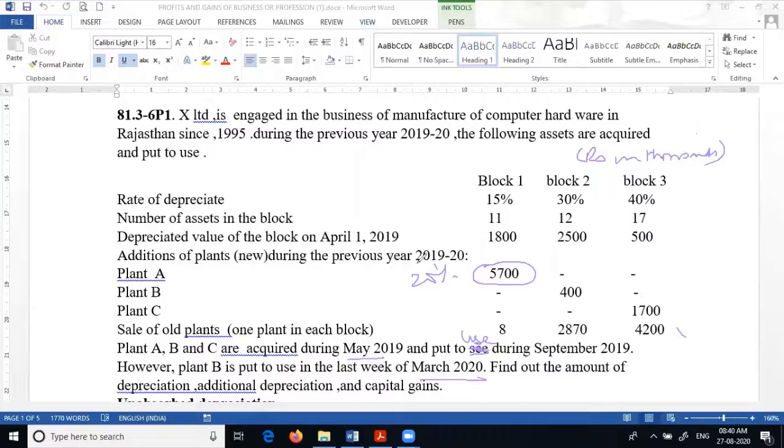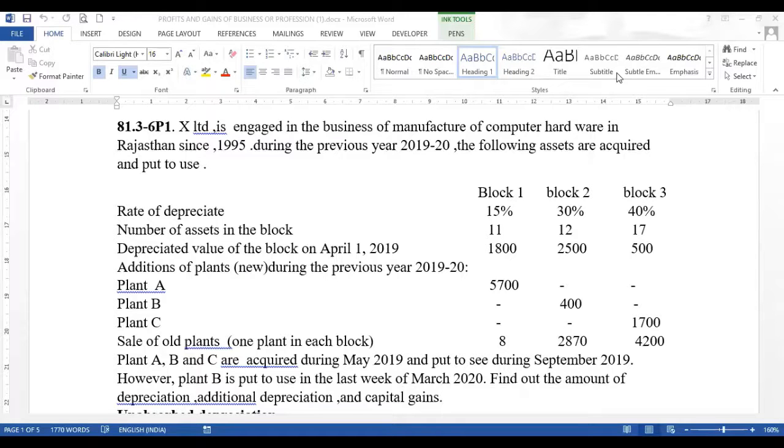What is 57 lakhs into 20%? Can you tell me how much this is? No, you take 57 lakhs in full, not thousands. So this is 57 lakhs into 20%. 14,025 then. 14,025. So what I was saying was we need to